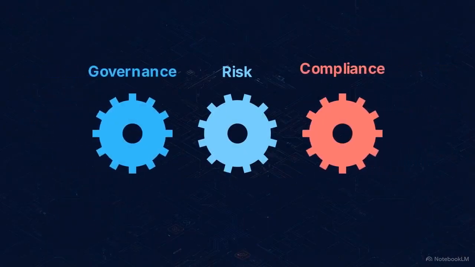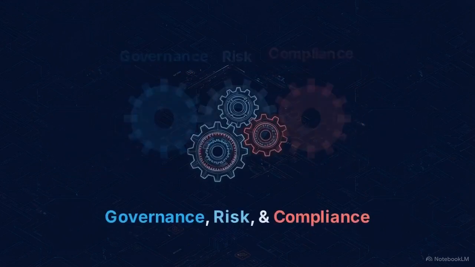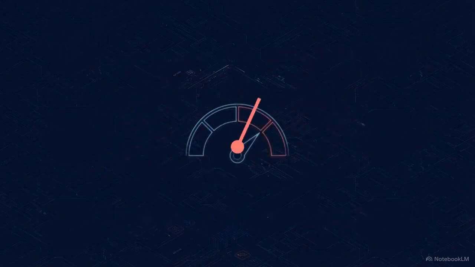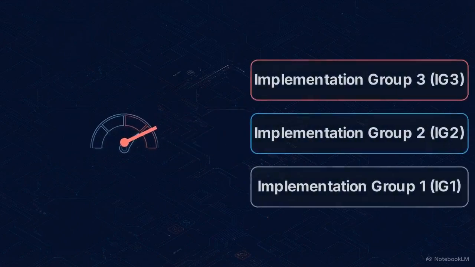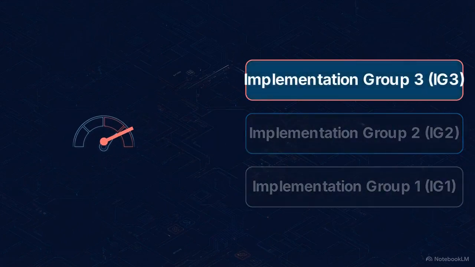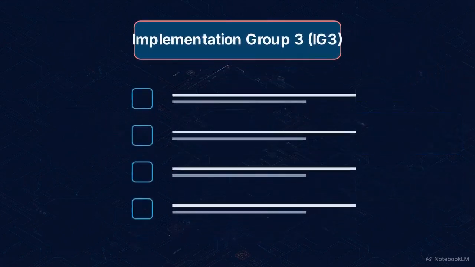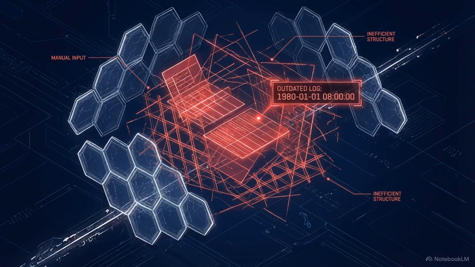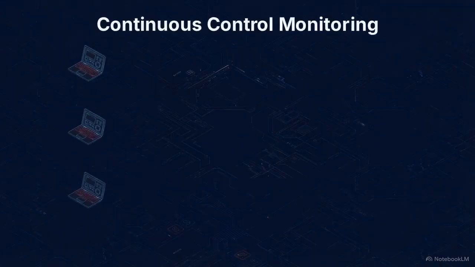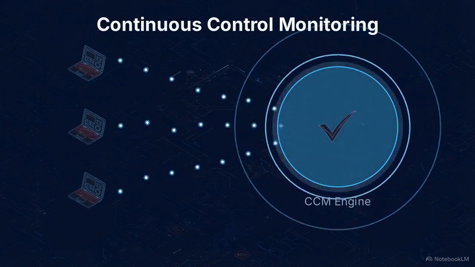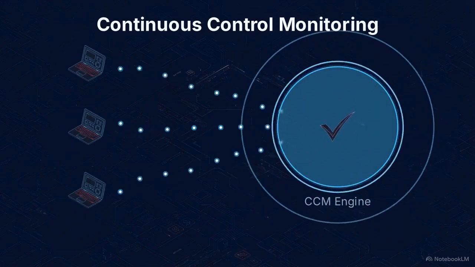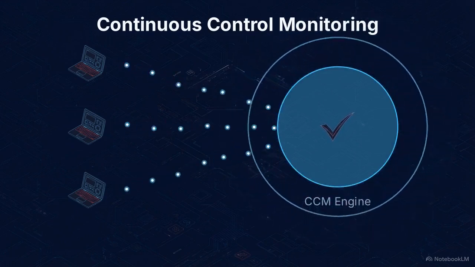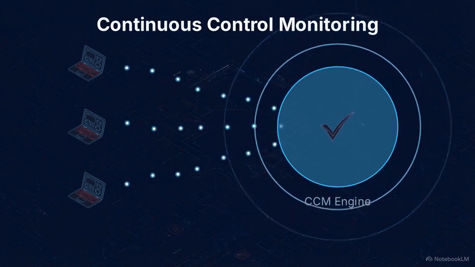GRC stands for Governance, Risk, and Compliance. These engineers evaluate a company's specific risk profile to assign them an implementation group, a tailored checklist that determines exactly which security rules the organization must follow based on their size and sensitivity. In the past, confirming those rules were followed meant relying on manual, once-a-year audits. Modern GRC engineers use continuous control monitoring, or CCM. CCM is an automated process that constantly pulls live data from computers to verify the building code is being met